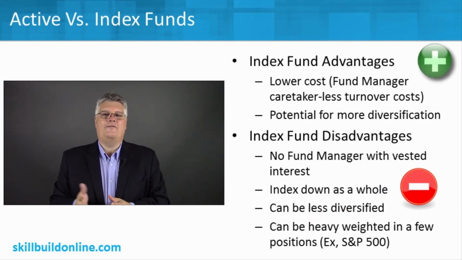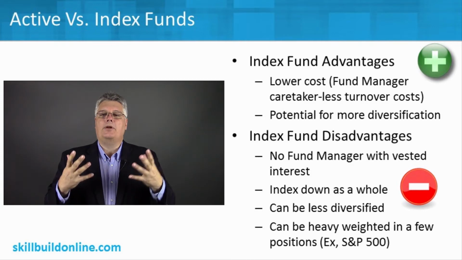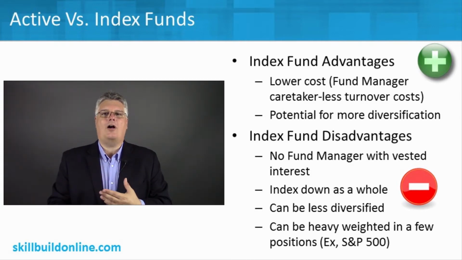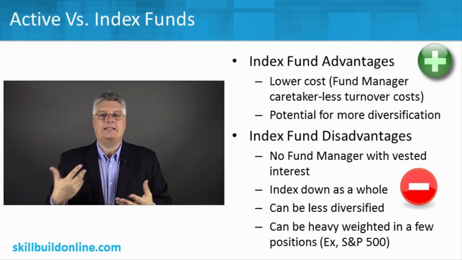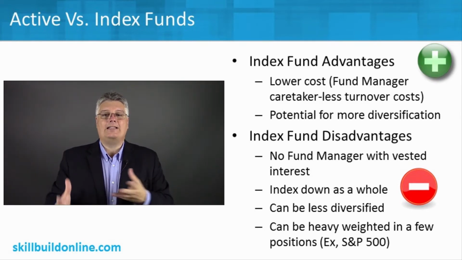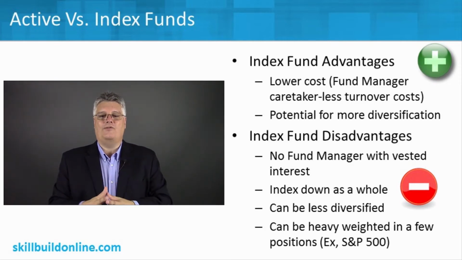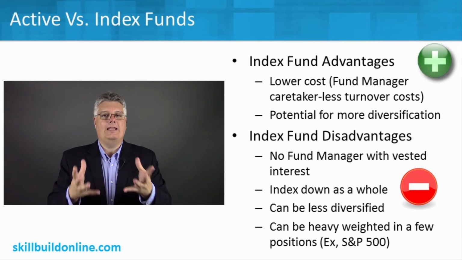So if we think about the advantages of index funds and why they're so very popular, it's their low cost. When you own a mutual fund, you're incurring annual costs. We'll have a whole section on understanding costs in mutual funds. But understand that by holding a mutual fund, you're incurring costs. Versus, let's say, an individual stock where you incur the cost of buying that stock and then selling that stock. Those are transaction costs. Mutual funds hold a bucket of stocks that they're constantly buying and selling within that. Now, an index fund has less of those transactions occurring within the fund. They have some, but they have a lot less. So their costs are lower from a transaction standpoint inside the fund.